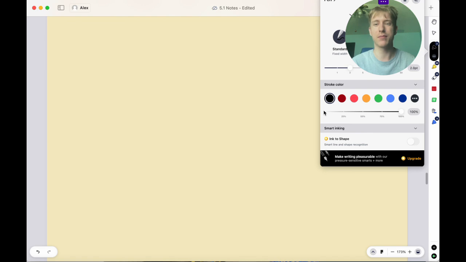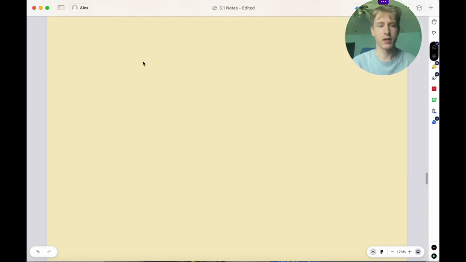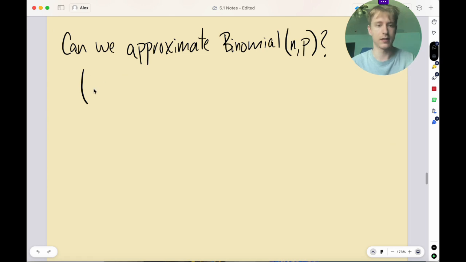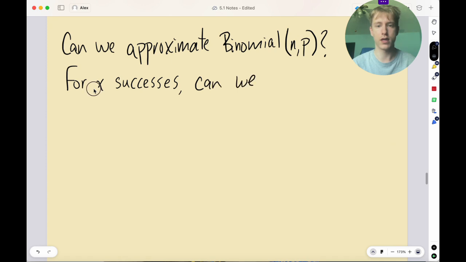Now, the next thing that I want to do is discuss if there's a way that we could possibly approximate the binomial distribution. Okay, so can we approximate a binomial distribution with parameters, I'll just go back to little n and little p? In other words, is there a way that I can, for k successes, or for little x successes, can we approximate